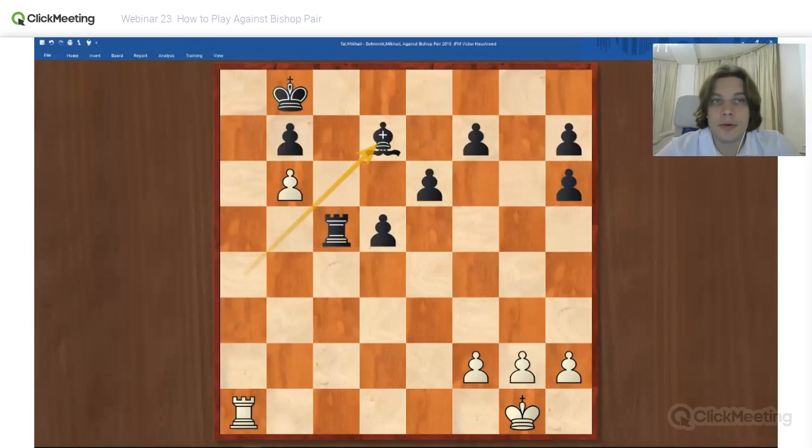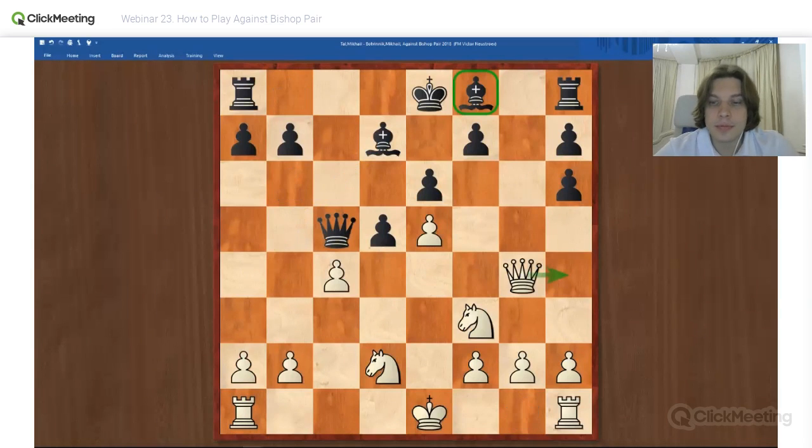Okay, so let's sum it up. So two knights can be better than a bishop pair in a sharp position that is full of tactical solutions. Like here, for example, such move like c4, which is strategically a bad idea because it opens his light squared bishop, here really makes sense because d takes on c4 leads to a better development for white, and he can exploit it and activate his pieces.